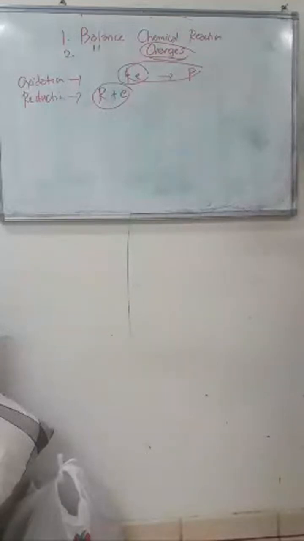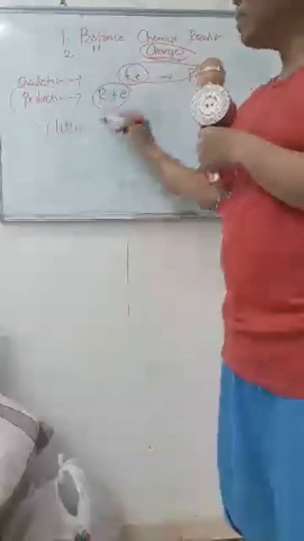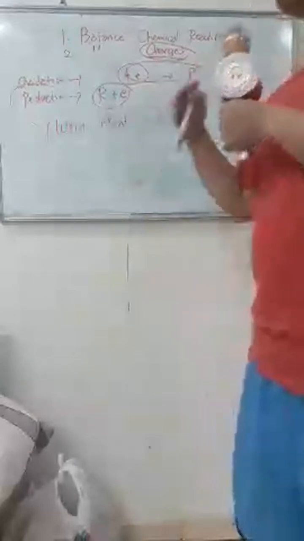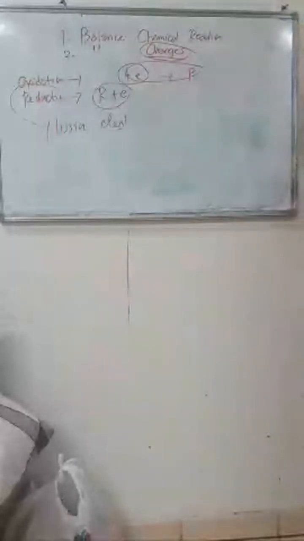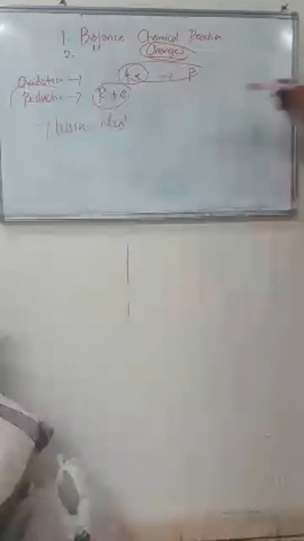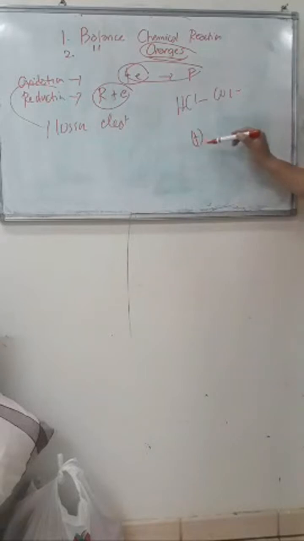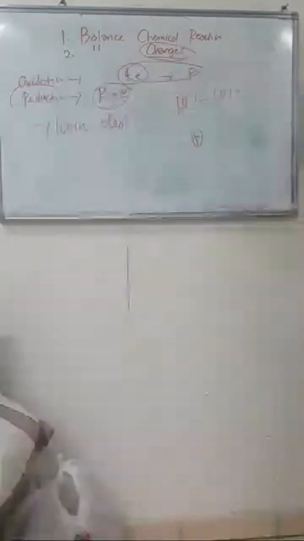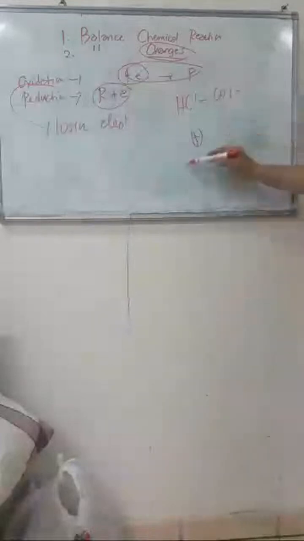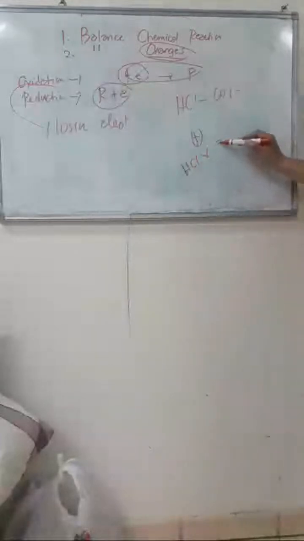Then, Sir, why is there no minus? You say oxidation is loss of electrons. Because in chemistry, you cannot put a negative sign in your chemical reaction. Do you see a negative sign in your chemical reaction so far? When you write HCl plus CO2 equals, there's no such minus, it's always plus. The purpose of multiplication is only to balance the charges and atoms, but you can never do the multiplication by reacting the reactants or the raw materials. You will never say HCl times 3 chlorine. Do you see this?